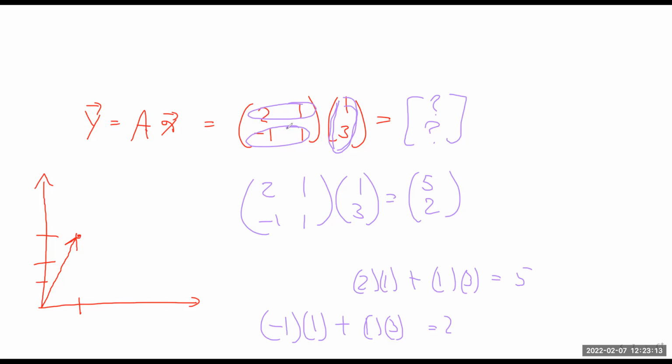When we multiplied it by A, which was 2, 1, minus 1, 1, right? When we multiplied it times the matrix A, what happened to vector X? It became vector Y. Do you see that? Vector X was basically modified by A to become Y. It's called a transformation. And this is very important because you're playing with the space. Think of it as you have this space and you grab it and stretch it and pull it and make it into another space. You see that we're transforming the spaces.